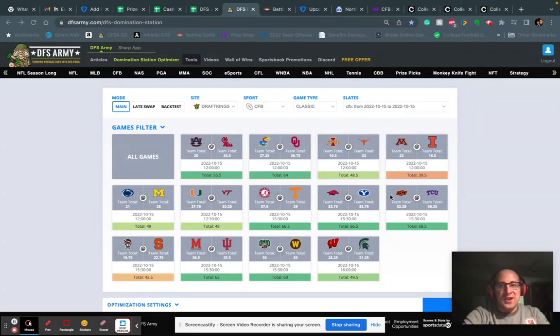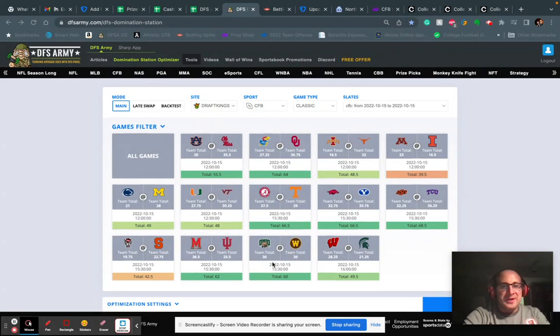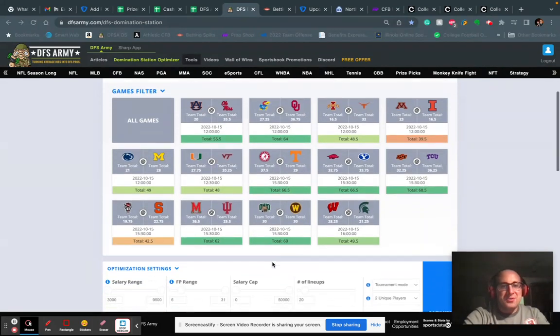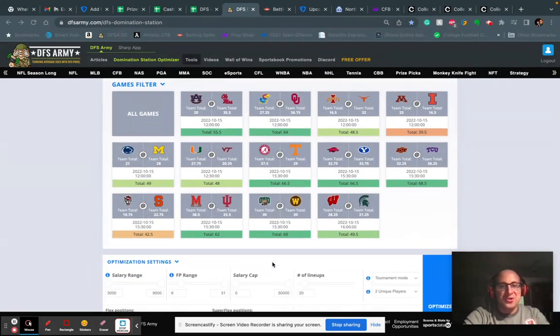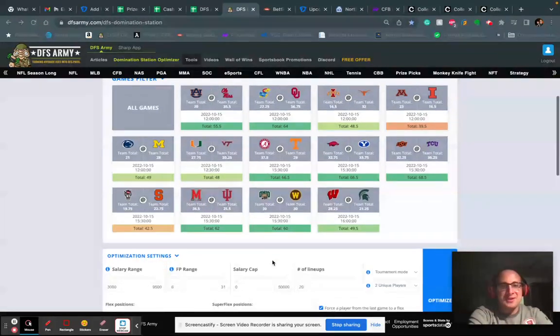Oklahoma State and TCU I like a lot for fantasy. Both quarterbacks are playing really well. And even this MAC game, which is basically a pick 'em, I like that game a lot for fantasy. But anyways, I just wanted to go through and show some of the steps that I take in building